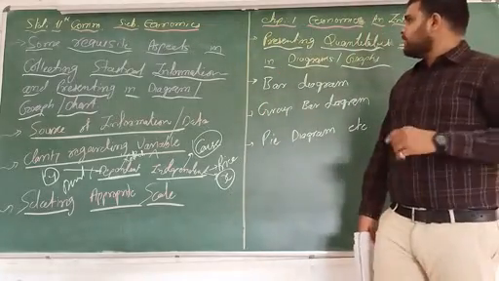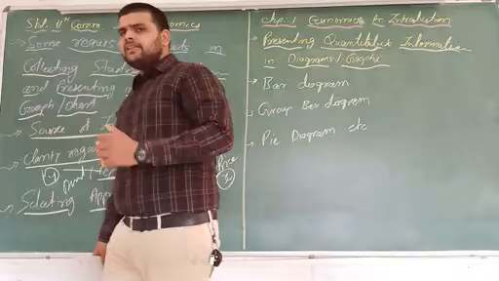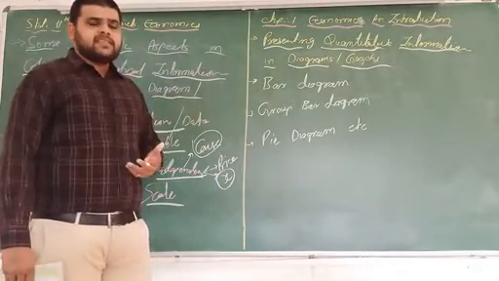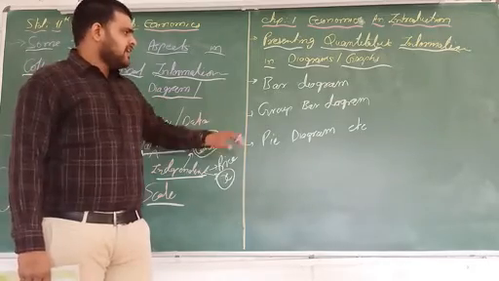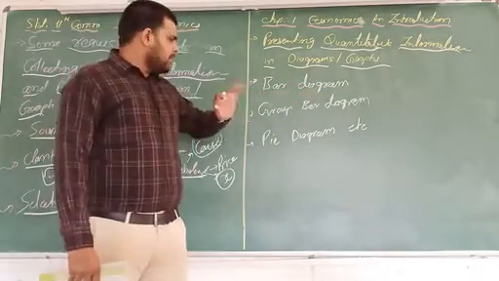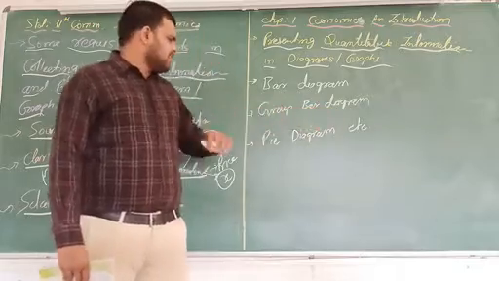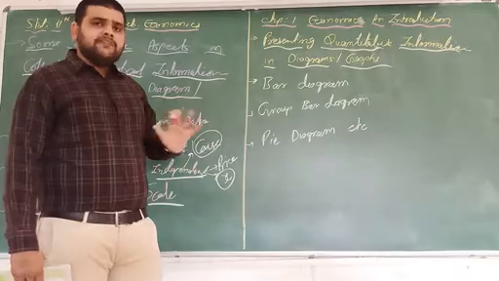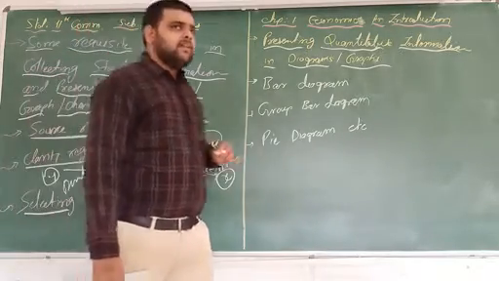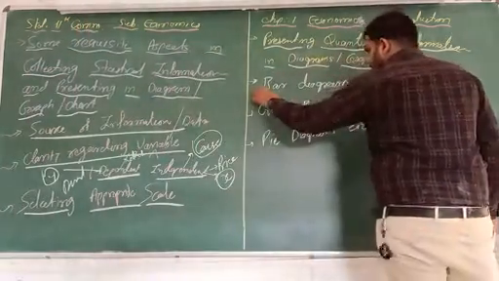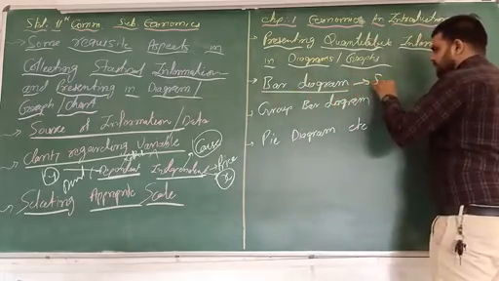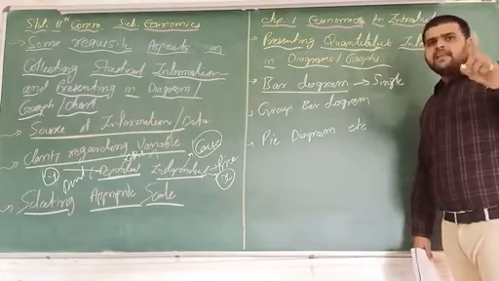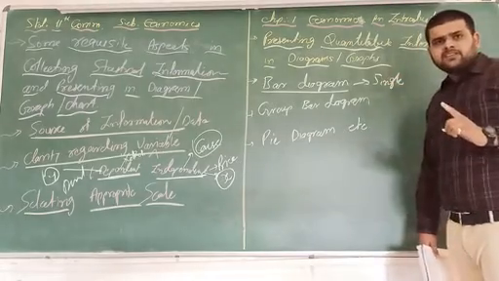Second one is presenting quantitative, that is numerical, data in the diagram and graph. As we discussed, three types of diagram are there: number one, bar diagram; number two, group bar diagram; and number three, pie diagram. How do we differentiate these three? Number one, when we show only single information, only one piece of information, at that time the bar diagram is used.